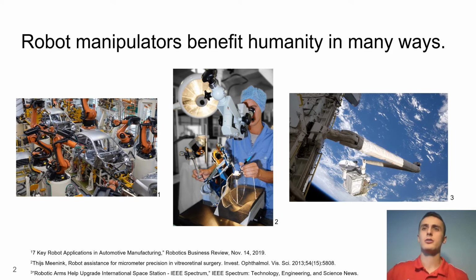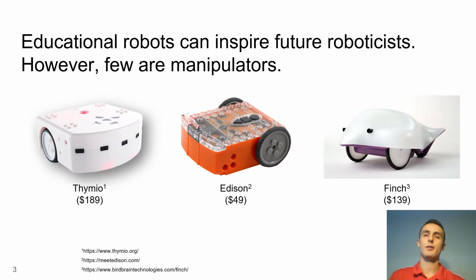The image in the middle shows a surgical manipulator, which helps surgeons perform procedures with 20 times more precision than previous methods. The image on the right shows a manipulator on the International Space Station, which helps astronauts complete tasks in space. One way that we can inspire students to pursue careers in STEM-related fields such as manipulation is with